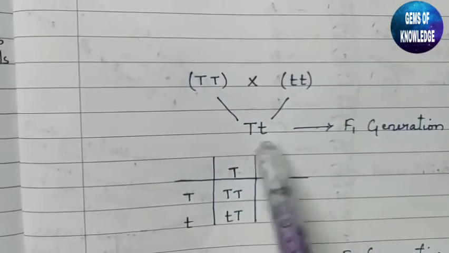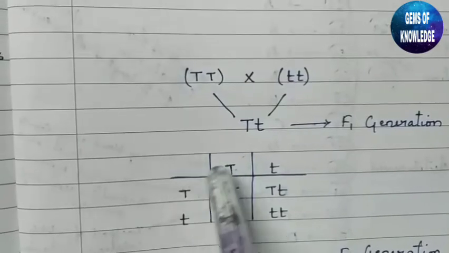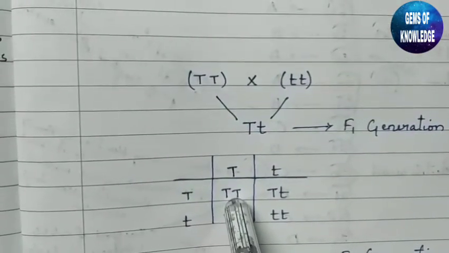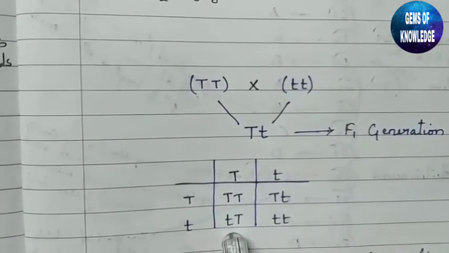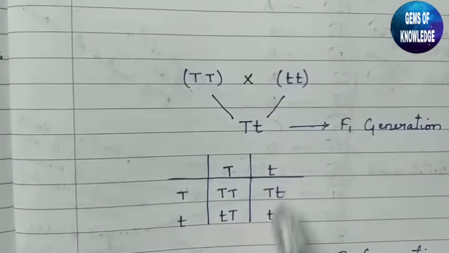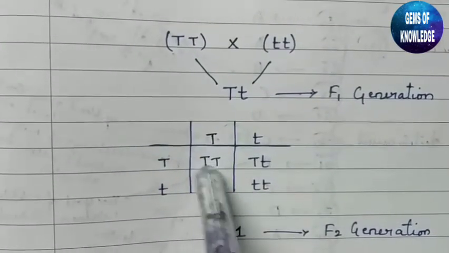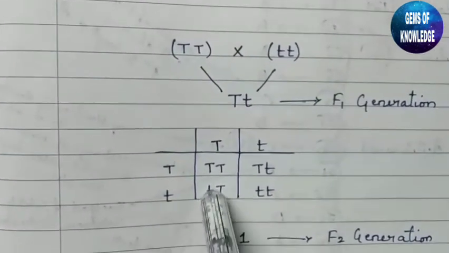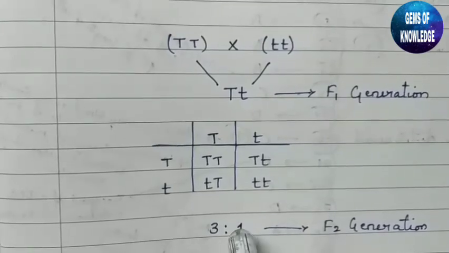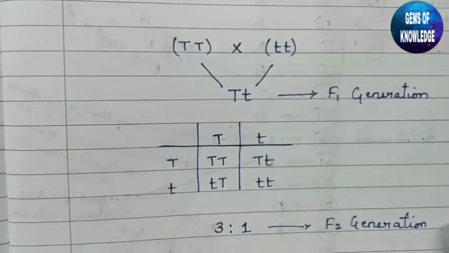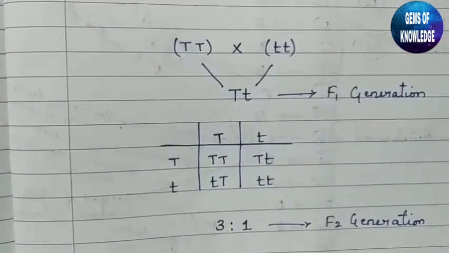Okay, so when the same thing is multiplied here, you can see Tt and here also Tt. What we are going to get is T into T is nothing but capital T, capital T. Here T and t is nothing but capital T, small t, whereas here small t, capital T, and here small t, small t. Okay, so you can see here the dominant character is capital T, here also capital T, whereas here also capital T. It is 3 times, so this is 3 is to, this recessive character is only 1 time. So here in the F2 generation we are getting 3 is to 1. Okay, so this is the correct answer.